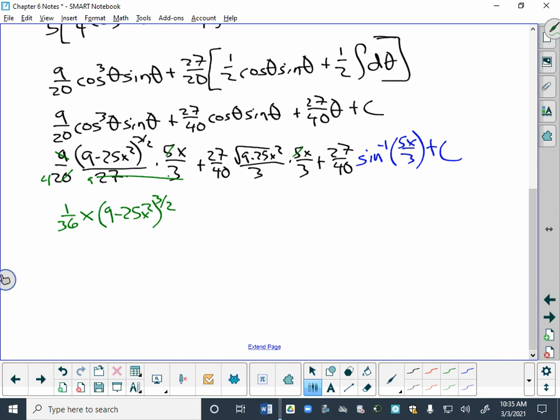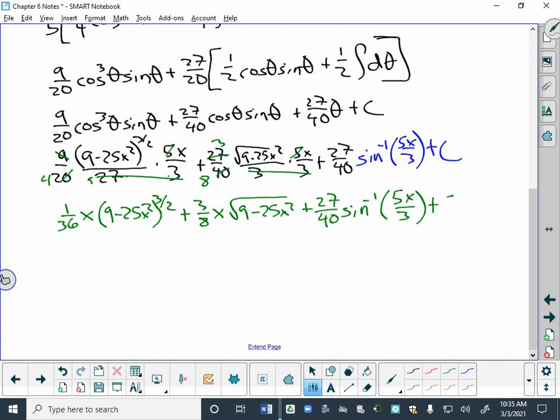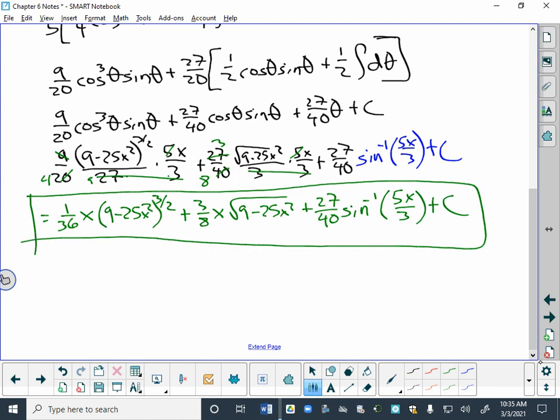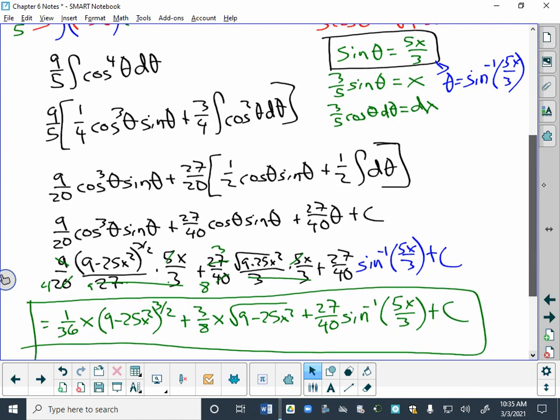All right, 5, that's going to cancel to the 8 again. 9, that's going to leave a 3. So this is going to be a plus 3/8 x times the square root of 9 minus 25x squared, plus 27/40 times the inverse sine of 5x over 3 plus a constant,